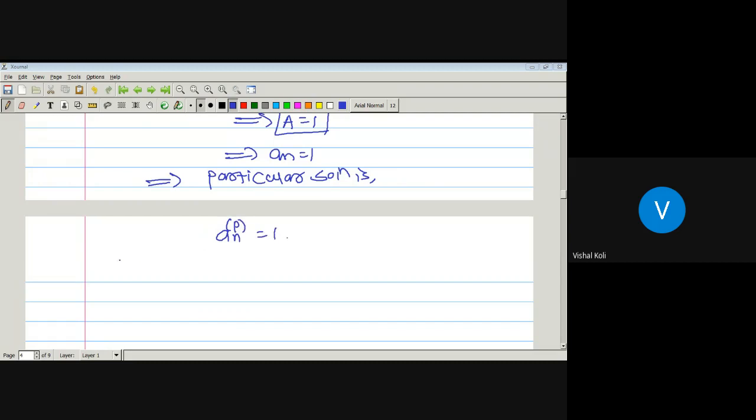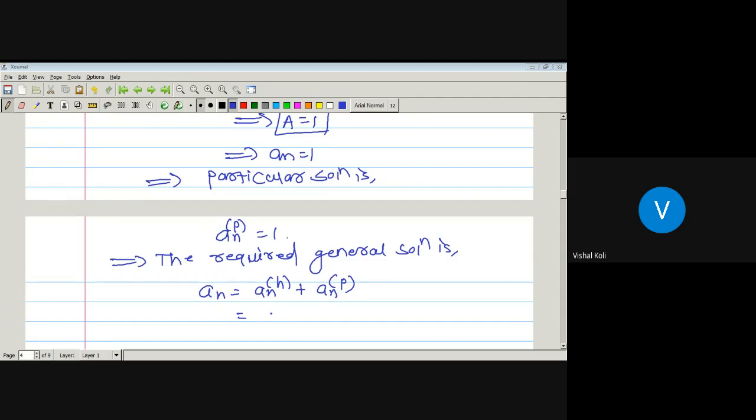Okay, which implies the required general solution is a_n equal to homogeneous solution plus particular solution, which is equal to C1 3 to the power n plus C2 2 to the power n plus 1. So this will be the required general solution whenever we have